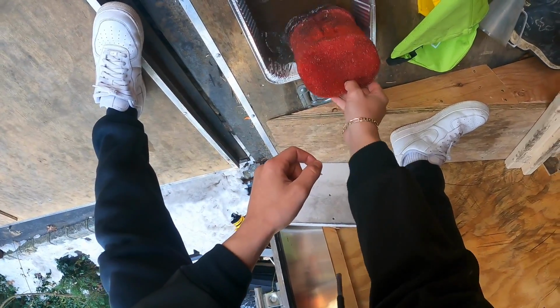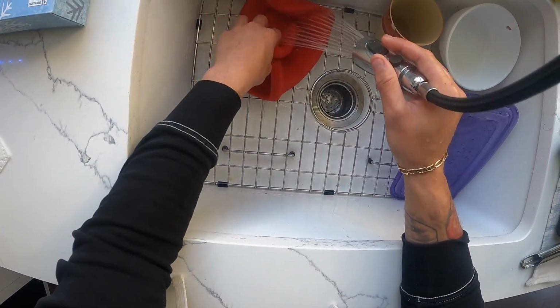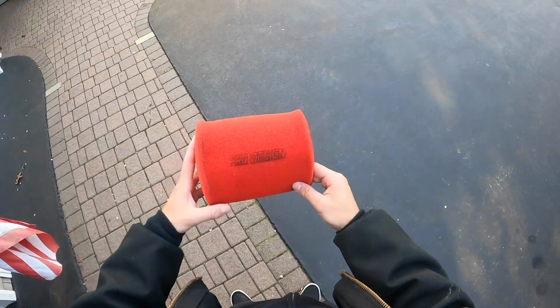As you can see, you see the dirt literally falling out. Now, I'd say that's pretty clean, but I'm just gonna hit it with the